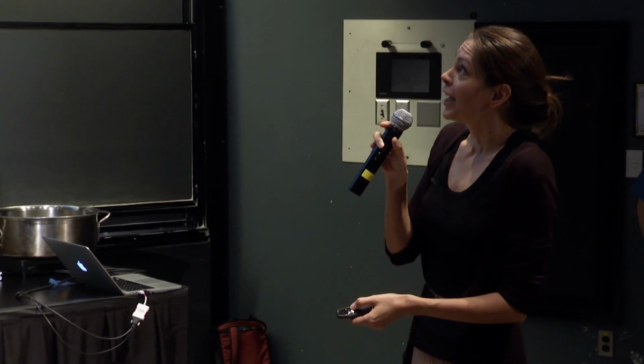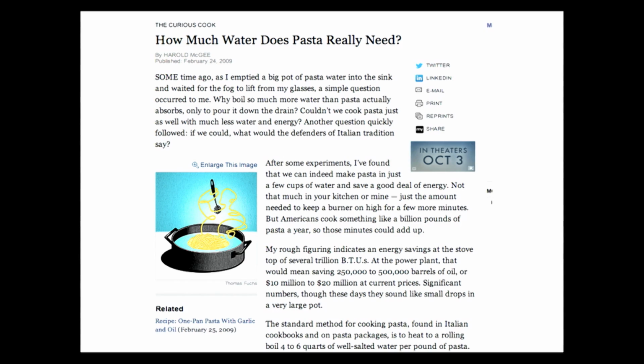So this lab was actually born out of an article by Harold McGee, who was here last week. Who was here last week? Wonderful. So then you listened to Harold talk about tea. But this is an article from 2009 in the New York Times where he asks another related question. So for example, when you cook pasta, do you have a lot of water? Do you fill the pot? Who just fills the pot with a lot of water? I do. Who says no, I just try to take the bare minimum of water? Okay, so we're a bit more divided.